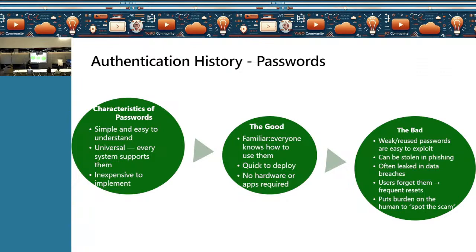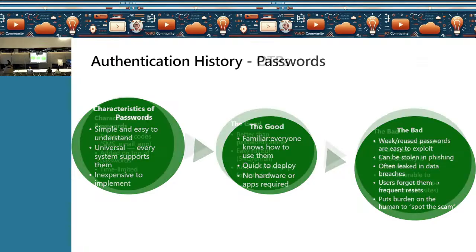Now the problem with passwords is, generally as users, what we tend to do when we are entering passwords is we keep the same passwords across all websites, okay? So hypothetically, if you kept a password for some website and you kept the password the same for your corporate account, if that website is compromised, it leads to your compromise as well. I'm not even talking about some of the other issues it can have, like it can be stolen, often leaked in data breaches, users forget them. So there are a lot of scenarios like this.